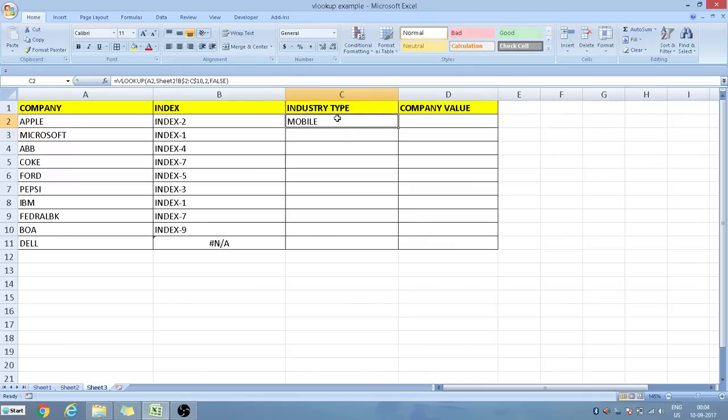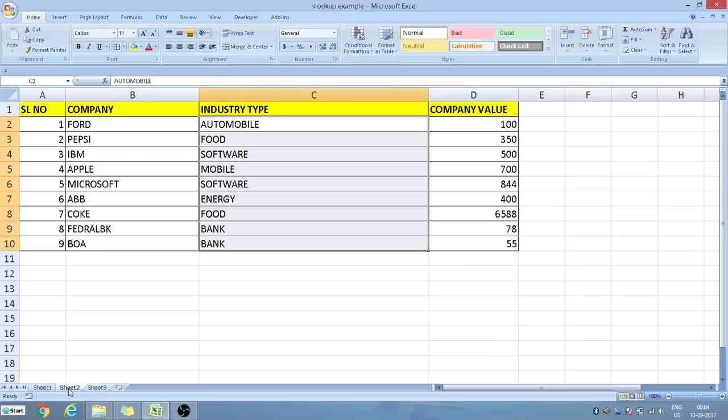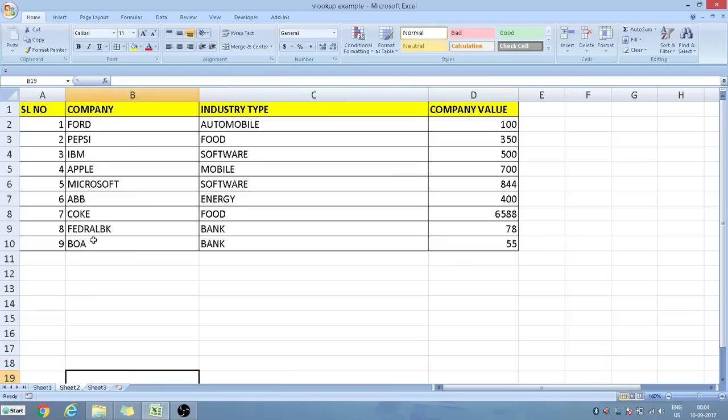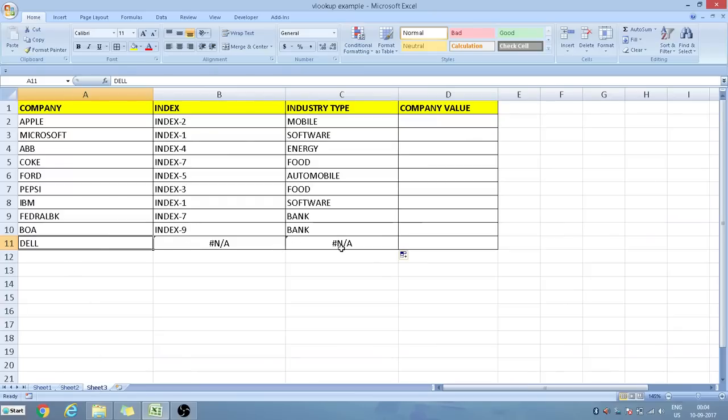Now see the mobile value has now appeared for Apple. See here. Now I will copy the complete formula for all the cells. See here, this Not Applicable is because Dell is not present in this sheet. So there is no occurrence of Dell in sheet number 2. So that's why Dell is not applicable.